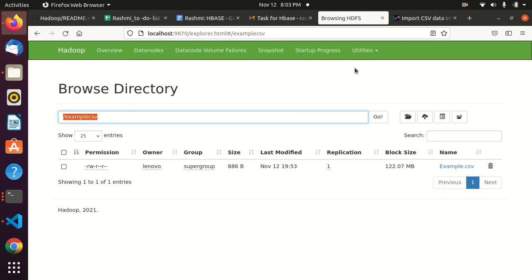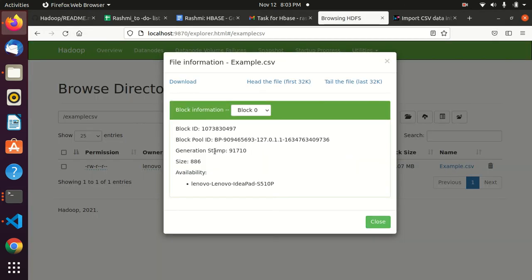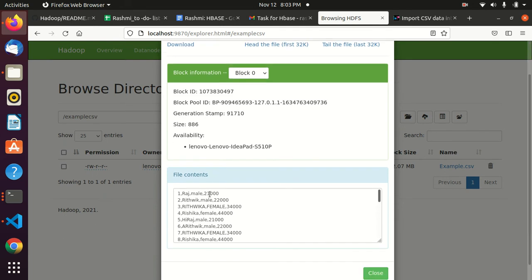So these are all my column names that need to be mentioned. The point to be remembered is that in the CSV file, if you see the data, we have ID, name, gender, and salary. So there is no need for the column names to be mentioned at the top of the CSV file. Directly the data should be in the CSV file.